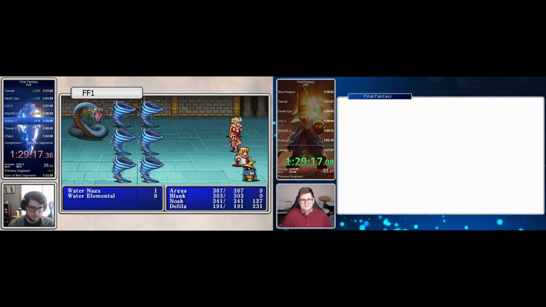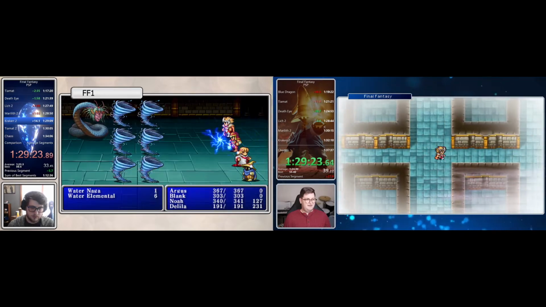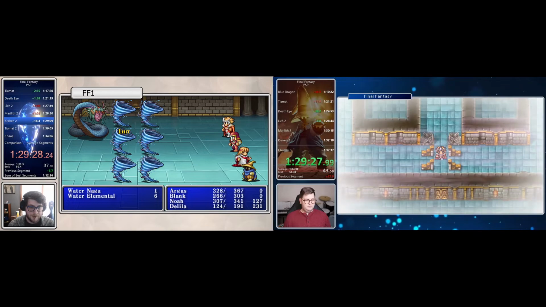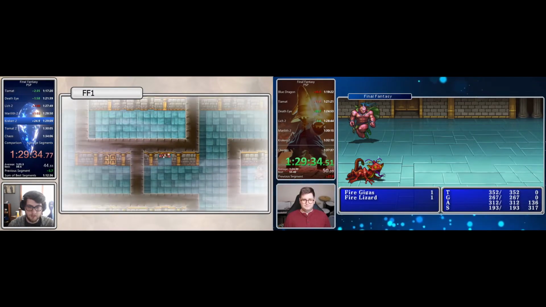Oh, wait. Oh, no. I was supposed to go through that door. Dang it. And now we are on the water floor of the dungeon. Yeah, I haven't even gotten to Marilith yet. Oh, hey, my thief broke 300 HP. That's actually awesome. That is nice. My Black Mage HP is not great, but...